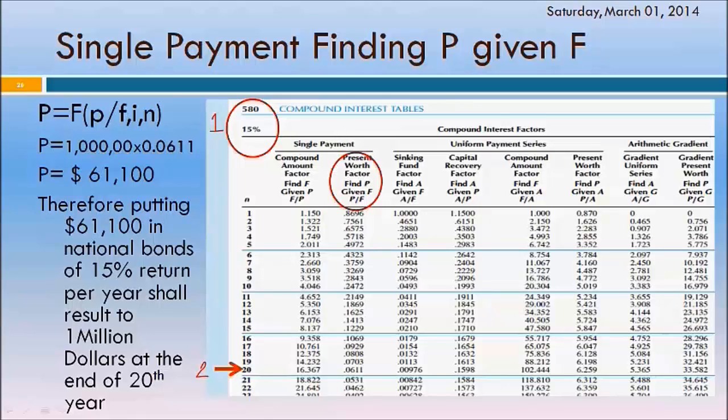What's given? Given F. What you want to find? P. So this is the correct one. This is number 3. Let us substitute in the notation formula. So let us just pick up first the